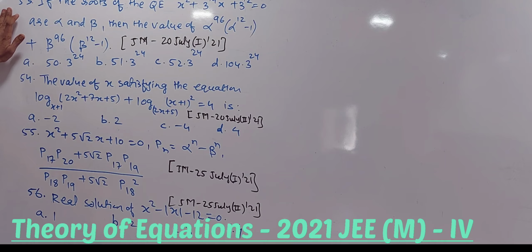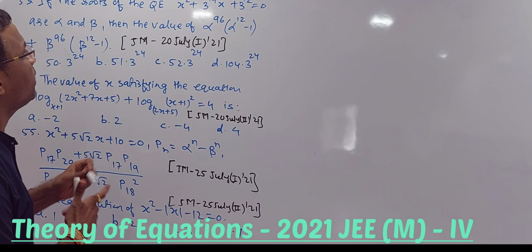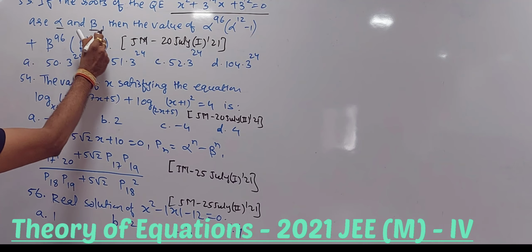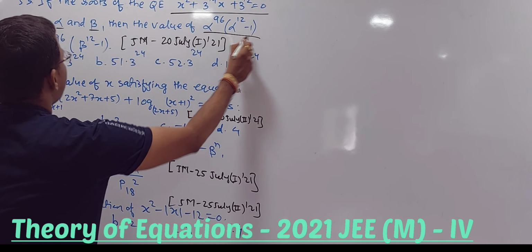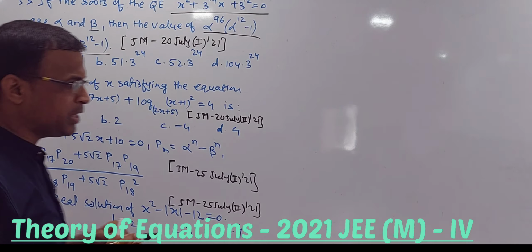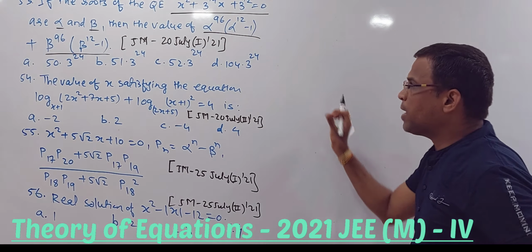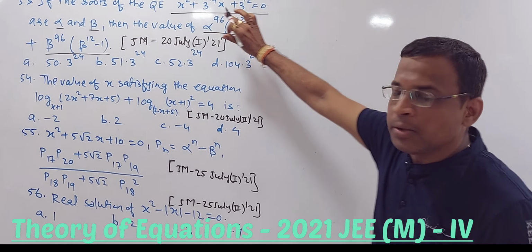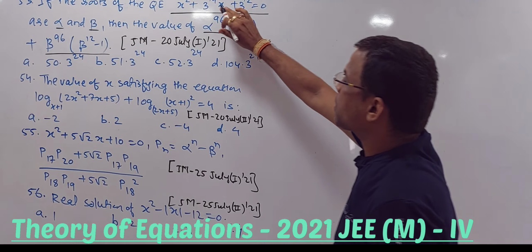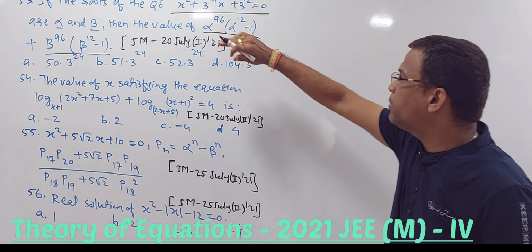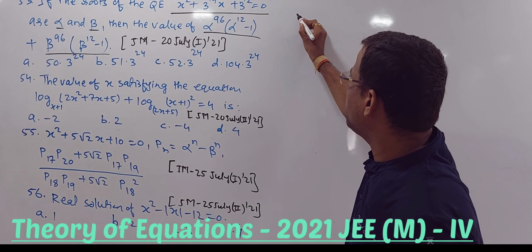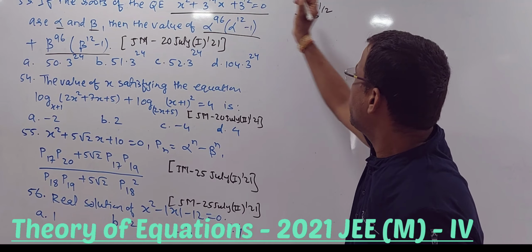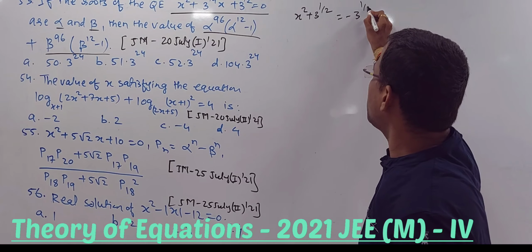Question number 21. If the roots of the quadratic equation are given like this, and they say alpha and beta are the roots, then they are asking us to find the value of this. We have done similar questions many times, so let us try one more. It is given in radical form in the power, so we first need to convert this radical form into normal numbers. So I will write x square plus root 3 on this side and minus 3 power 1 by 4 x on the other side.